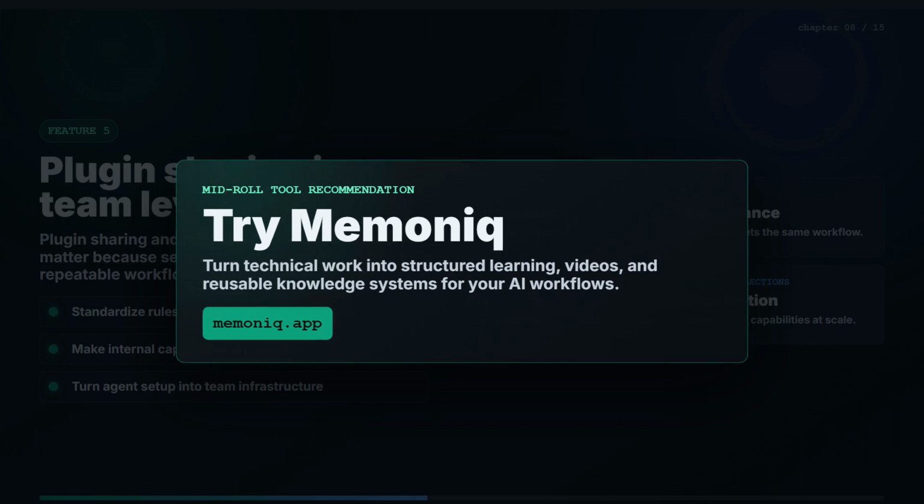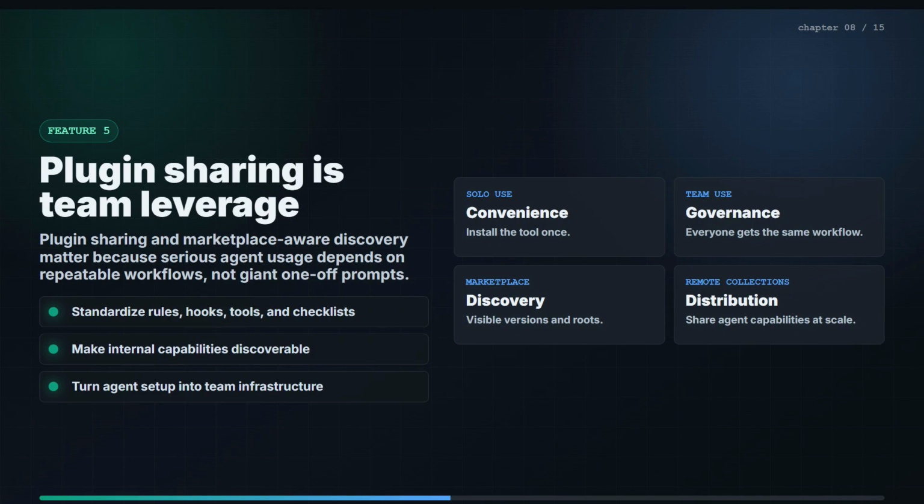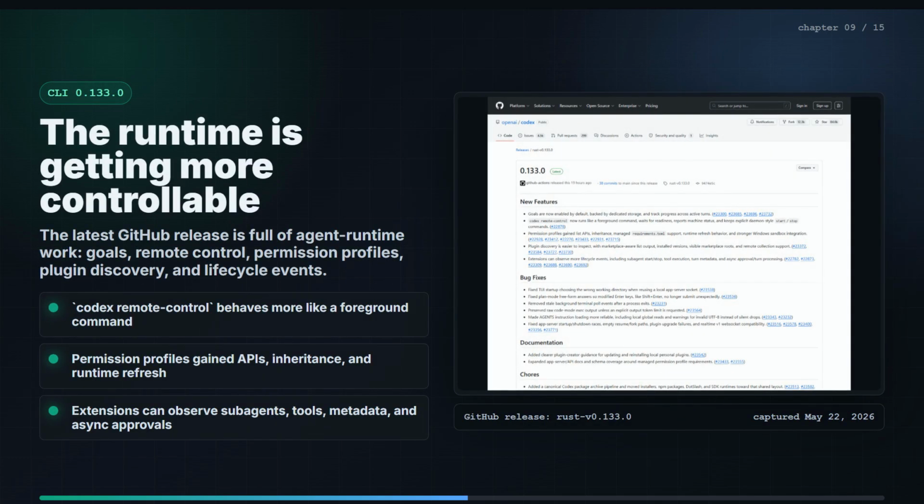Fifth, plugin sharing. For solo users, plugins are convenience. For teams, they are governance. A plugin layer can standardize tools, rules, hooks, test commands, release checklists, and internal workflows. The most productive agent users will not have the longest prompt. They will have the cleanest reusable workflow. CLI